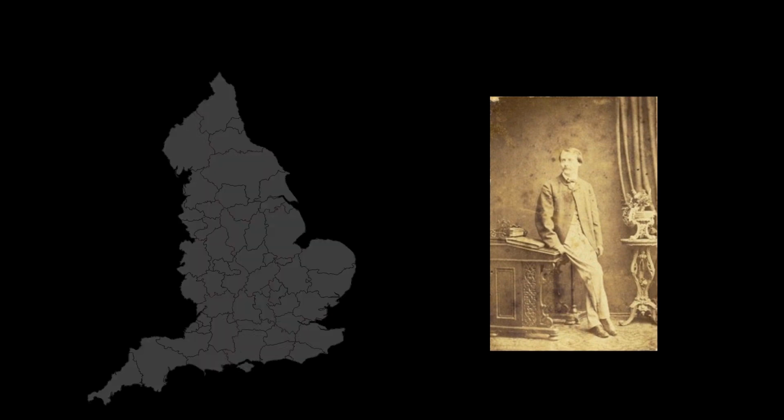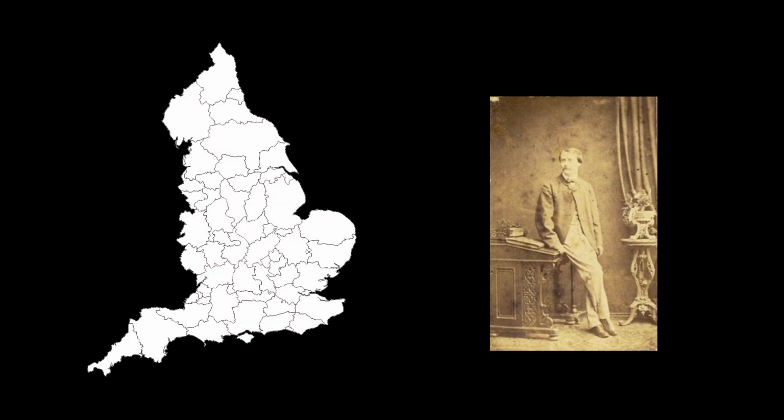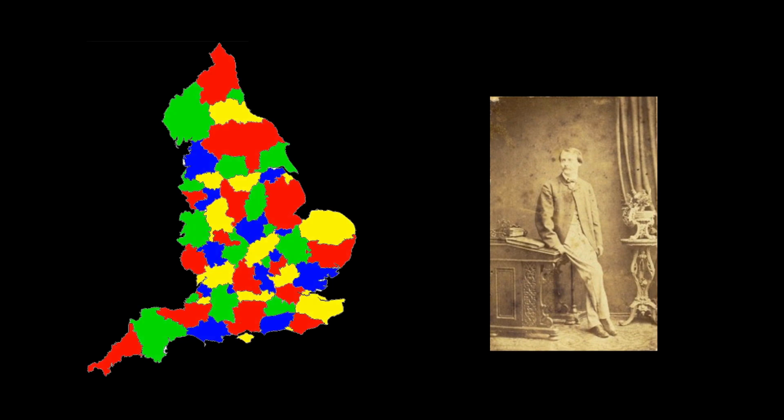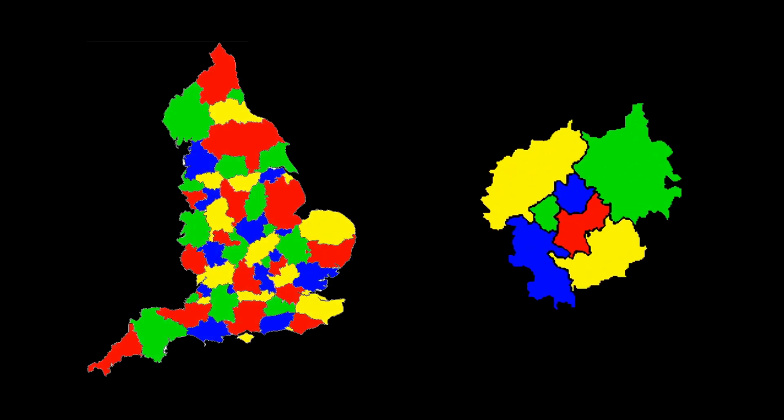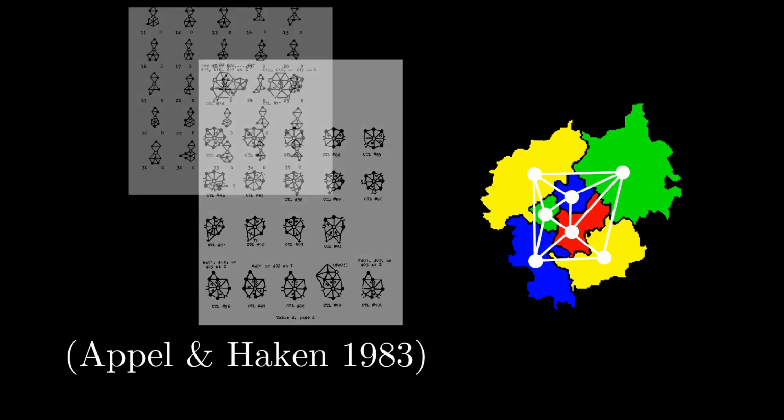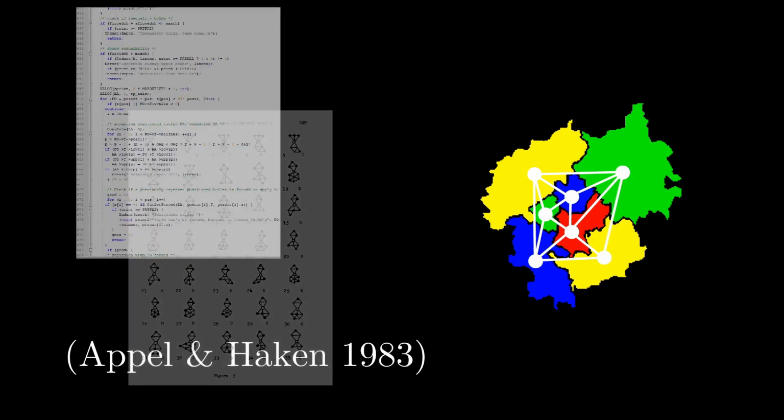If you are watching this video, you probably already know about the four-color problem posed by Francis Guthrie in 1852, when he noticed that 4 colors suffice to color a map with the counties of England. You probably also know how these problems can be translated into graph theoretical terms and how it was proven many years later with a very long and complex proof with many cases that have to be checked by a computer.